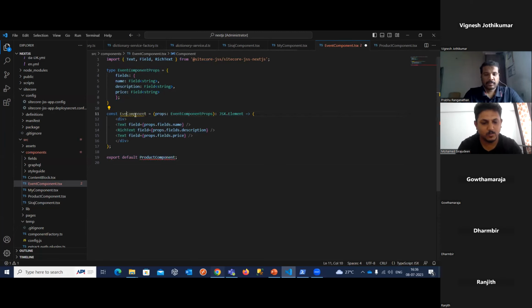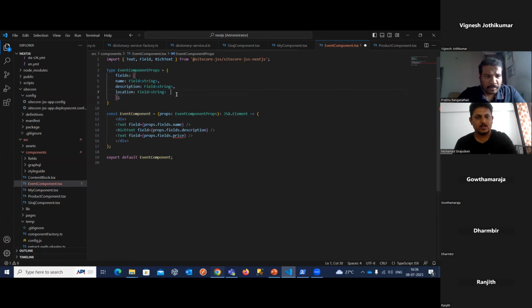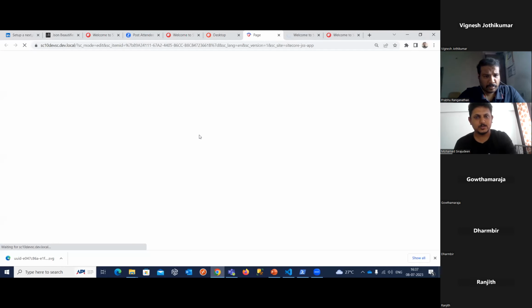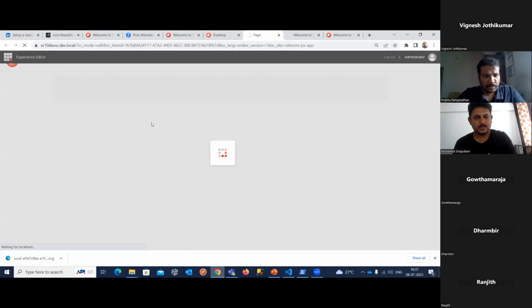So event component. We remember, right, what are the fields we have? We have the name, we have the description, and we have the location. There are three fields, and I'm going to define these three fields. This is the div, this is the HTML going to render. So here I'm just going to give the location. Okay, that's it. And when I save,